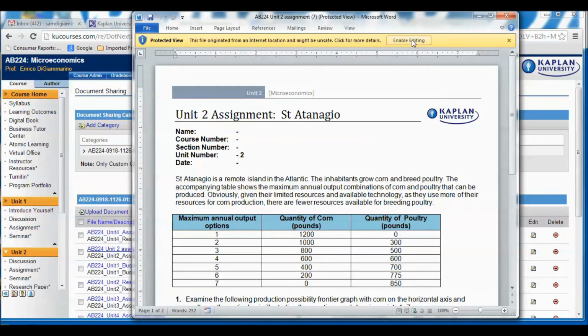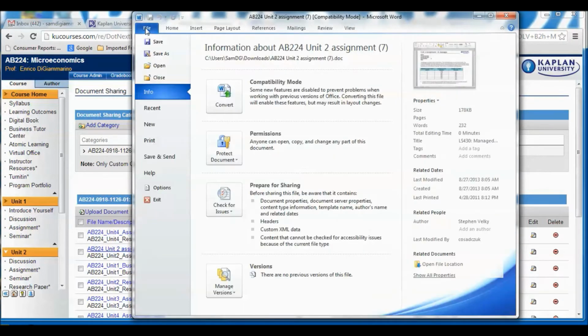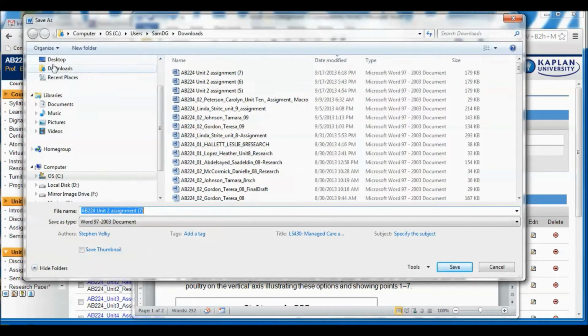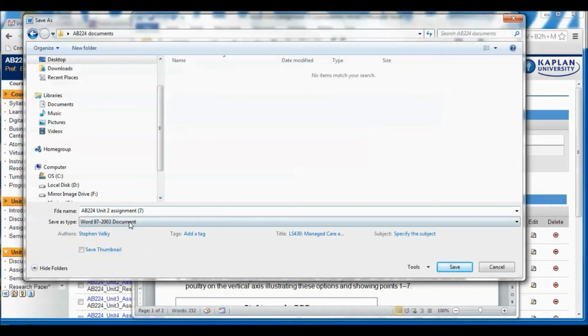A couple things I want you to do right away. First off, click on Enable Editing, then click on File, and click on Save As. Now, find where you want to save it. I'm going to save it on my desktop under AB224 Documents. And I want you to give it a special name. And what is that special name going to be? This is going to happen for every assignment. I want you to call it